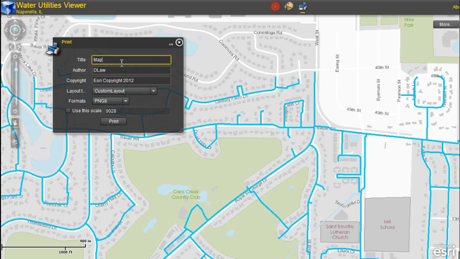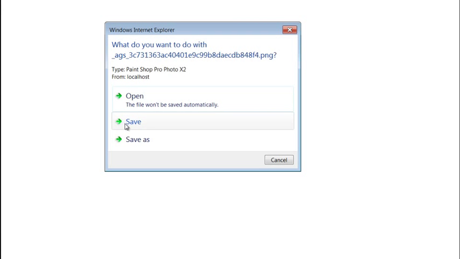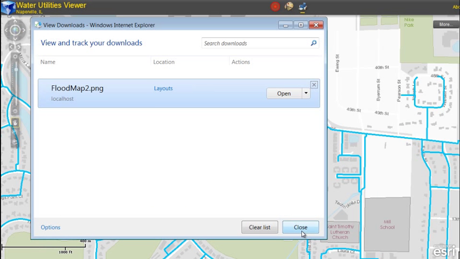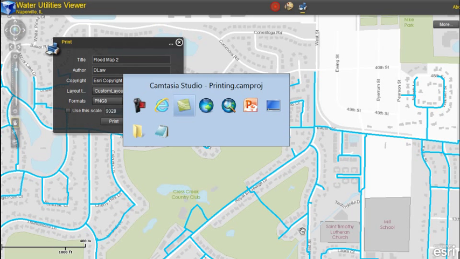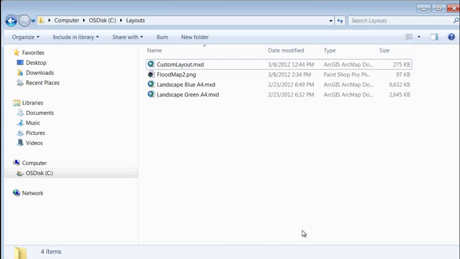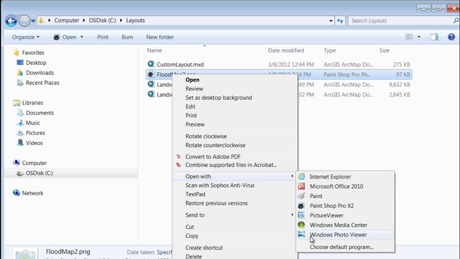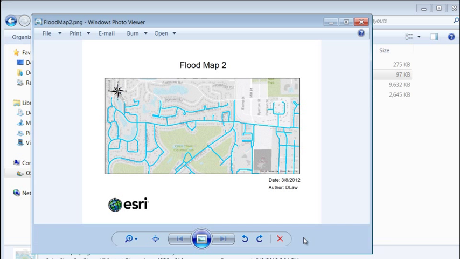I'll give the map a new name, Flood Map 2, and I'll leave the file format to PNG8. I'll click Save As, and now save this new PNG file on my local machine, Flood Map 2. Now what I can do is inside Windows Explorer, I can right-click on that PNG image and basically open it in Windows Photo Viewer. And here is my map image that I can print using the custom layout that I